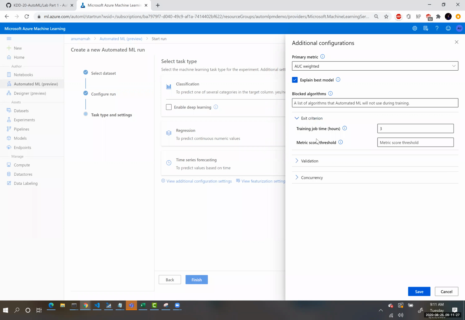AutoML also has some exit criteria. So let's just say you want this job to complete within 1 hour, not 3. You could just replace that over here. Also, maybe you might say that once my model gets an accuracy of 95%, I want to exit this experiment. So over here, you could just specify that metric threshold,